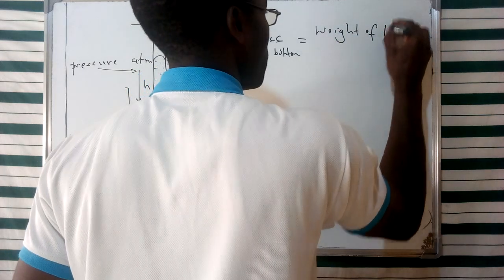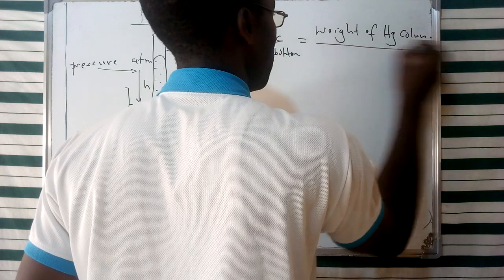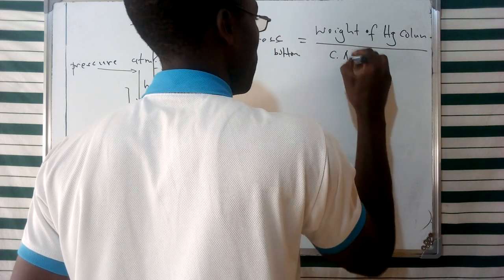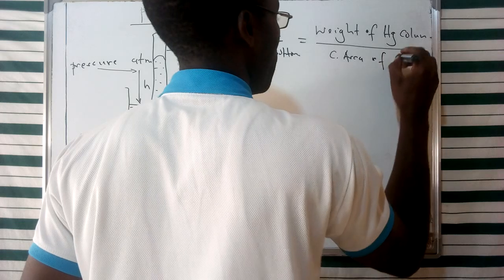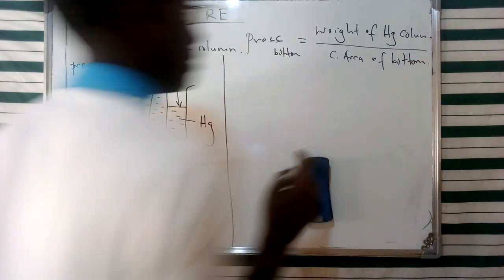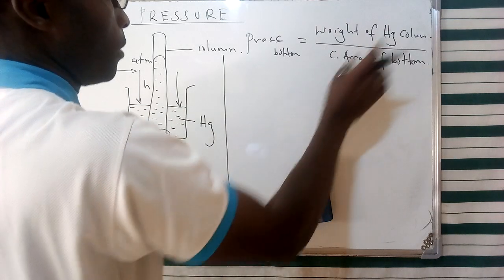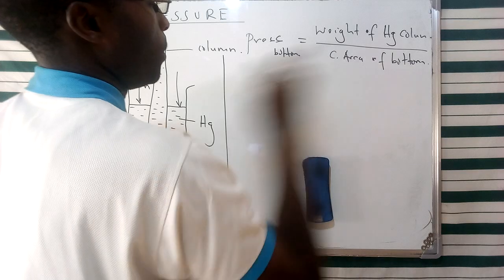So this is going to be the weight of the mercury column divided by the cross-sectional area at the bottom of this column. I'm just going to give it in terms of that summary. So if you consider the weight of the mercury column and the cross-sectional area at the bottom, we're going to